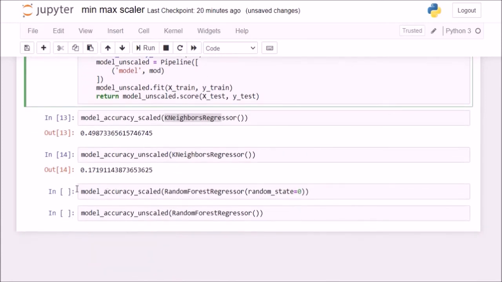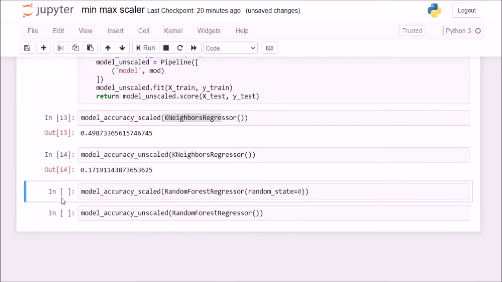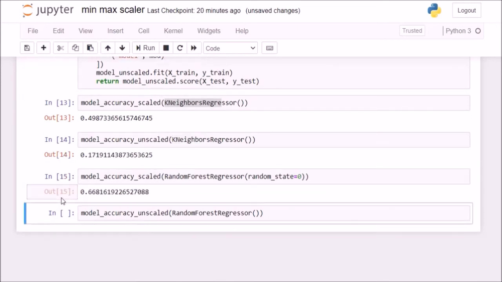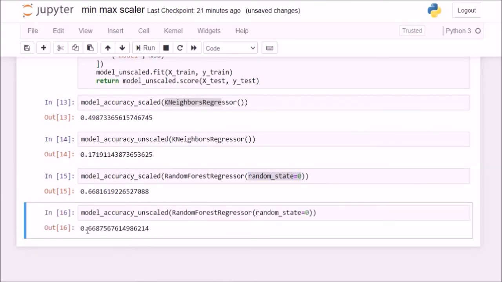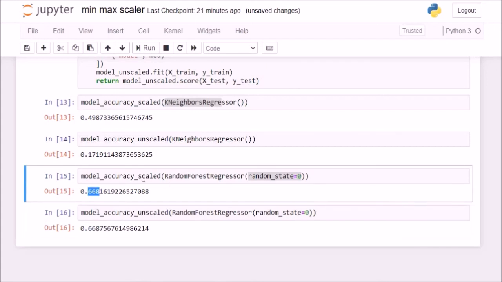Now we'll do the same on the random forest regressor, which is a tree-based model. I get an accuracy of 66.81%. Now if I do the same on the unscaled data with the same random state, I get an accuracy of 66.87%, which is almost similar to the one we got for the scaled one.